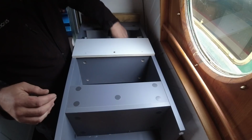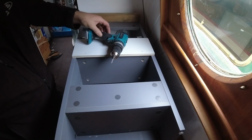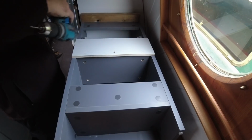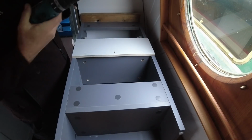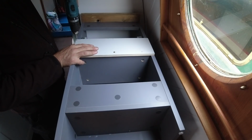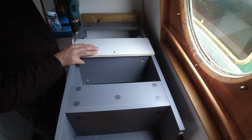And all I'm going to do now is drill a couple of holes at the top here as well. It doesn't have to take any weight, and it won't have much pressed against it. It's only there to stop stuff falling out the back of the shelf and disappearing behind the vanity. So it doesn't need to be, you know,